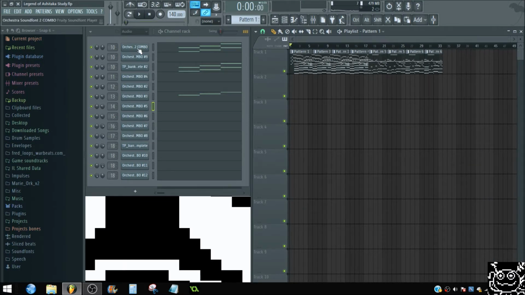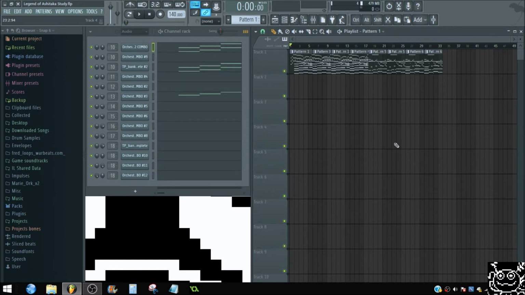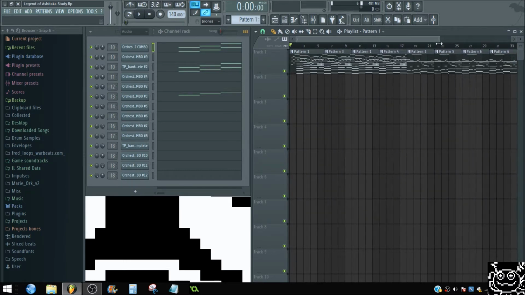Now, in order to make a song sound good and for it to be in an orchestral style, the instruments should sound decent. Even though these are free instruments, they still sound pretty good. So the first tip I would give you if you're going to write something like this with free sound fonts is to gather